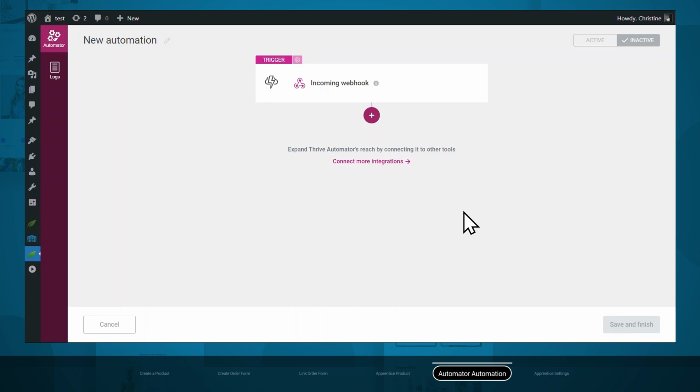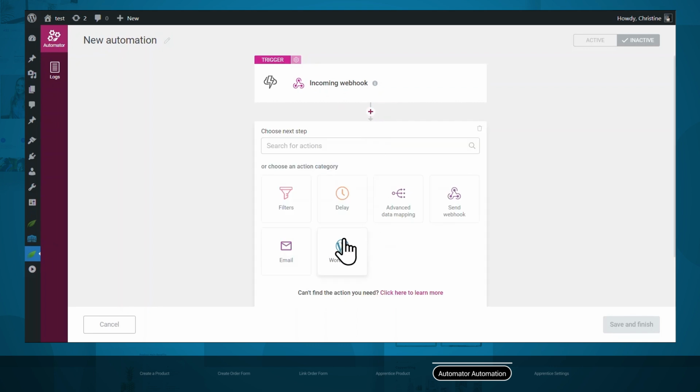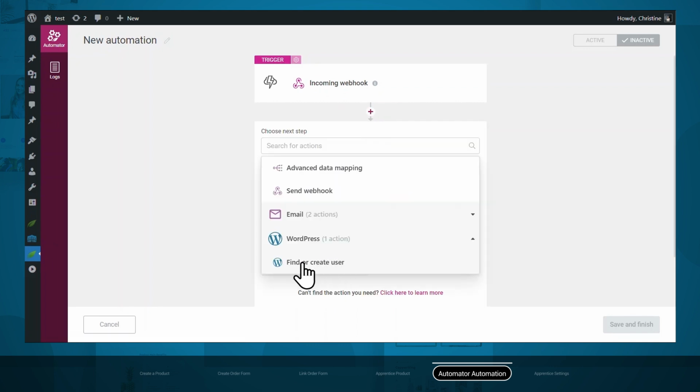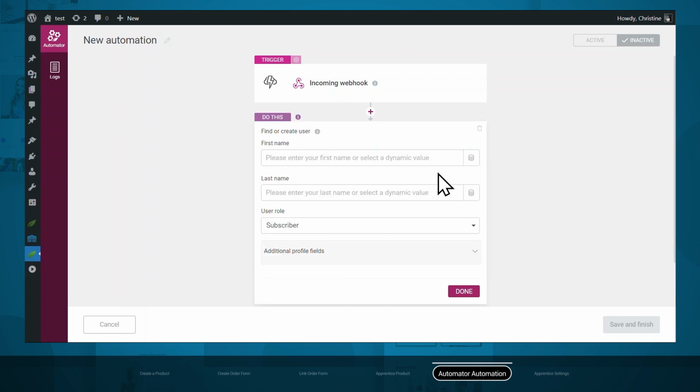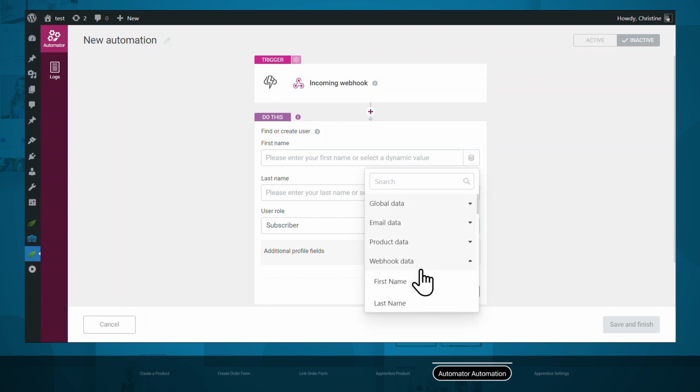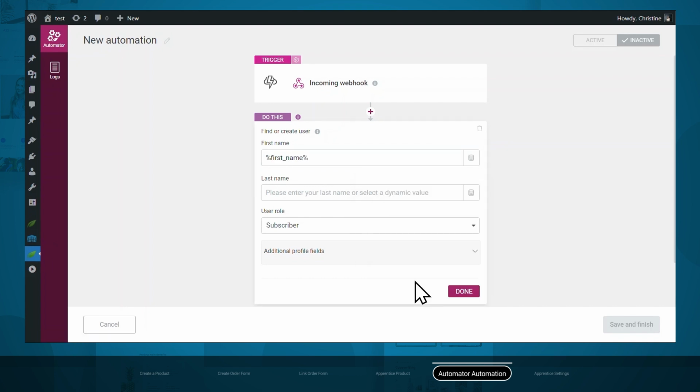Next, we'll need Thrive Automator to create a new user when incoming data is received. So let's add another action, and let's go to WordPress, and let's select Find or Create User. For the first name field, let's select the Dynamic Data button, and let's go to Webhook Data, and let's select First Name, and let's do the same thing for the last name field. For the user role, we do want our new user to be a subscriber, so let's go ahead and click